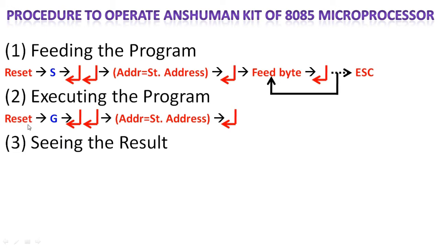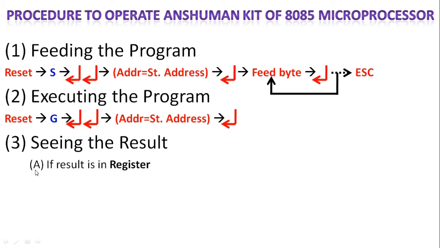Then press G, which stands for go, then press Enter 2 times on the PC keyboard. When you see ADDR, that is the address from which we have to start the execution of the program. Obviously we have to start from the 6000H address, so 6000 should be typed from the keyboard, and after that press the Enter key. Once you press Enter, the program will be executed and you will see the home screen.